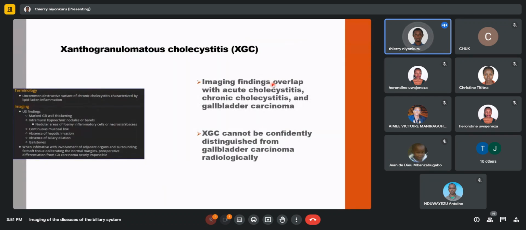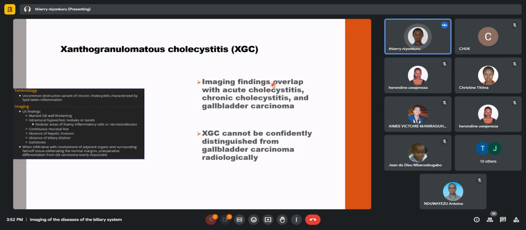So we have xanthogranulomatous cholecystitis. It is a common destructive variant of chronic cholecystitis, which is characterized by lipid-laden inflammation. It may be due to a complication of chronic cholecystitis, where, due to the mucosal ulceration in a chronic cholecystitis,